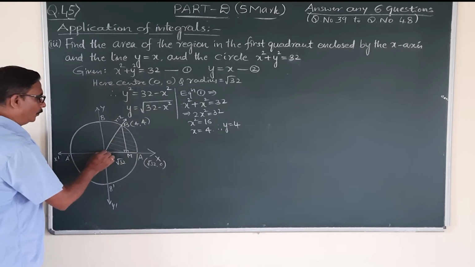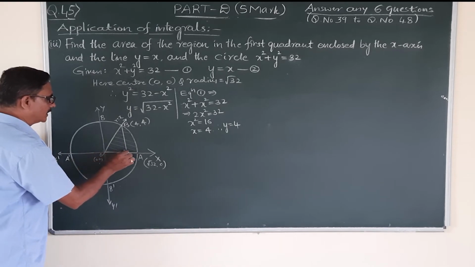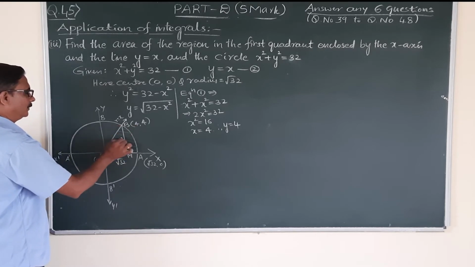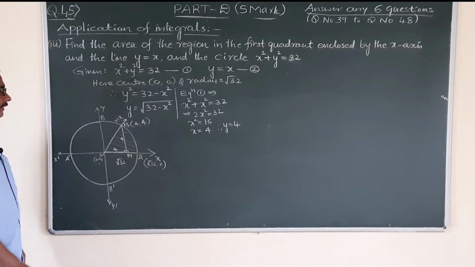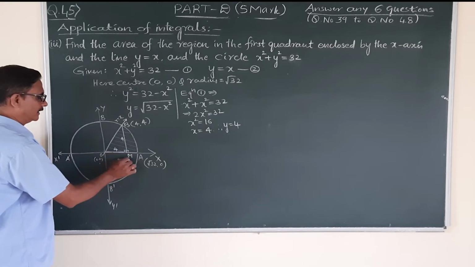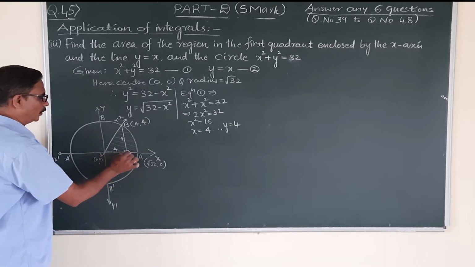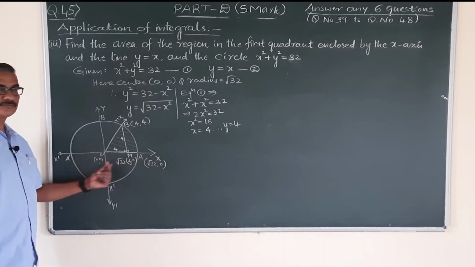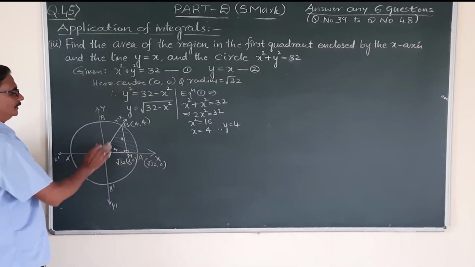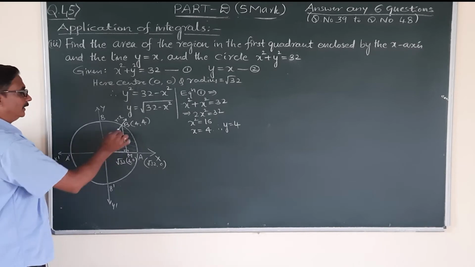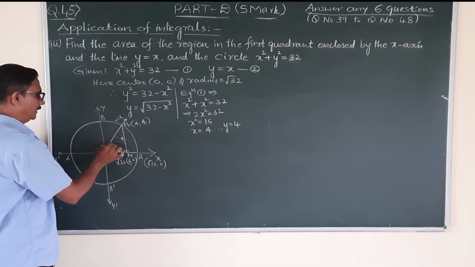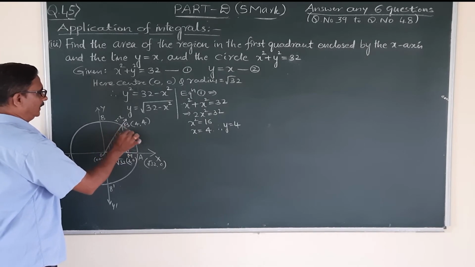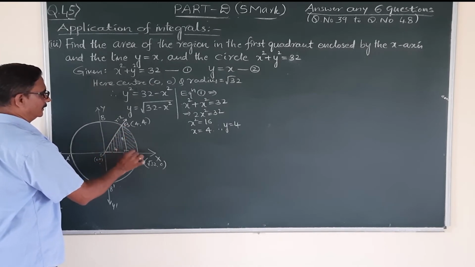Now OM lies on which axis? What is OM length? OM length is 4. What is BM length? BM length is also 4. Since OM lies on the x axis, the coordinates of point M are (4, 0) because OM length is 4. Right? Now there are two shaded portions. We need to find the area of one part, then the area of the other part.